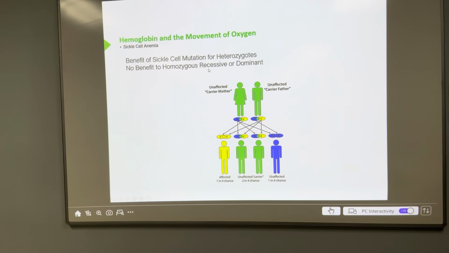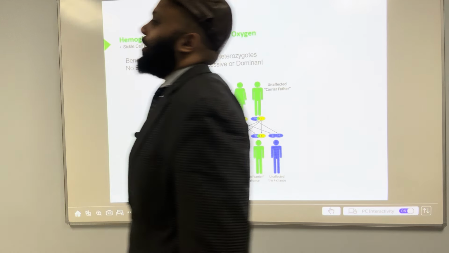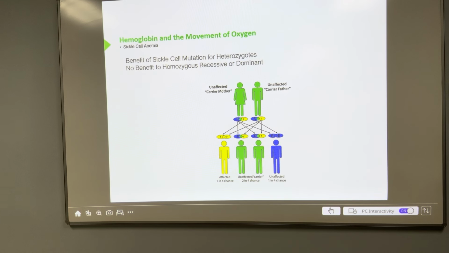No benefit for homozygous. So for example, if you have sickle cell anemia, that means you have 2 copies. That's not an advantage. The advantage is if you're heterozygous. If you want to make a Punnett square, let's say the father has big R, little r, and the mother big R, little r. What's going on? You can either have 2 big R's, big R, small r,